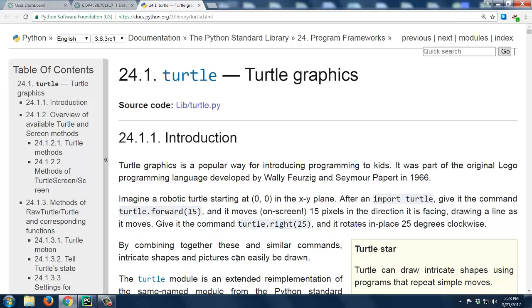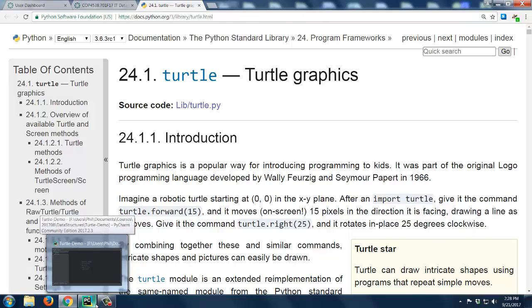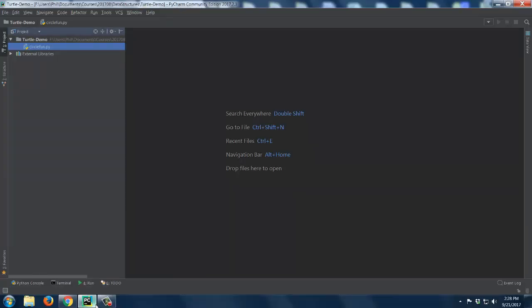It's also going to give us an opportunity to play around with loops some more, and that's one of the things that a lot of introductory programmers tend to struggle with. So I want to spend a decent amount of time on that. So here I have a simple, basic project set up within